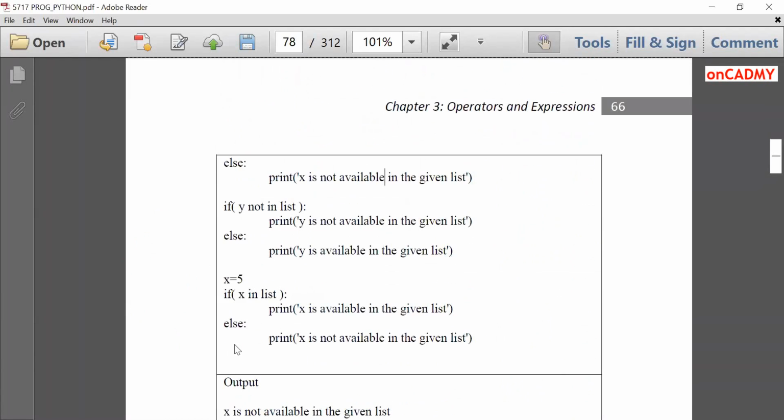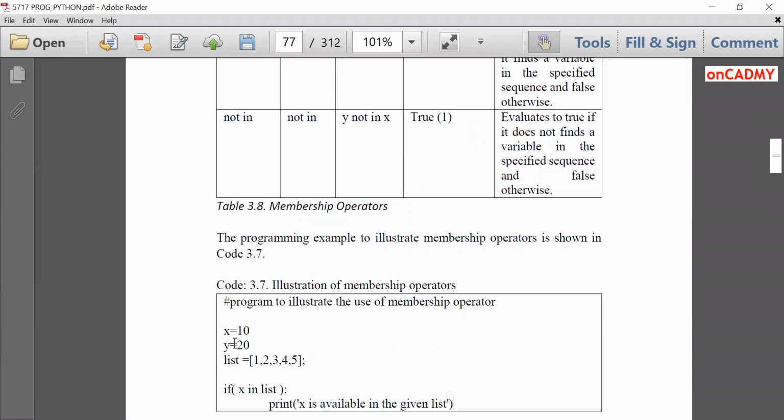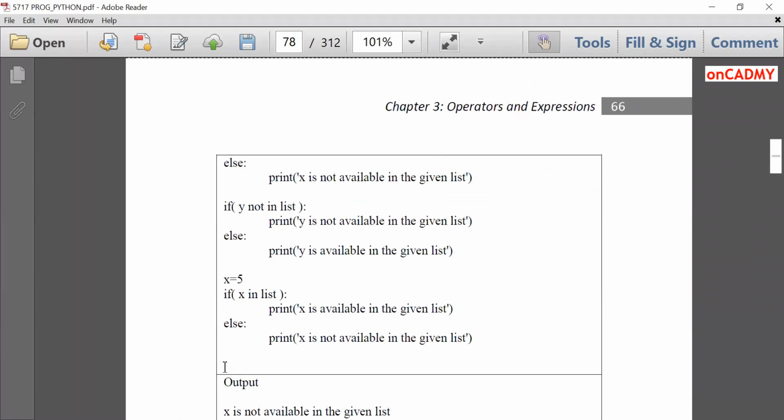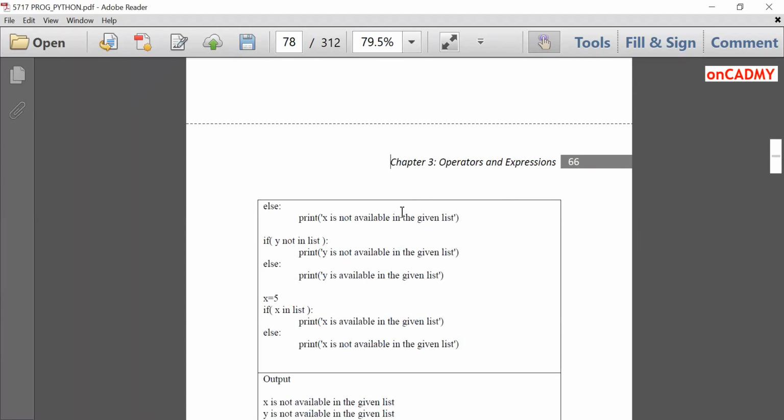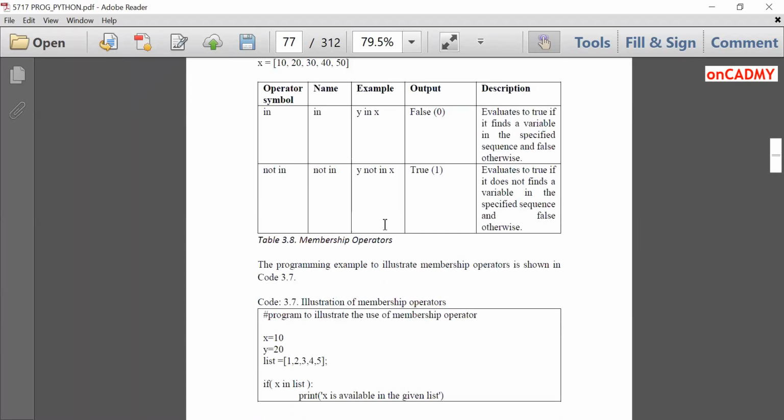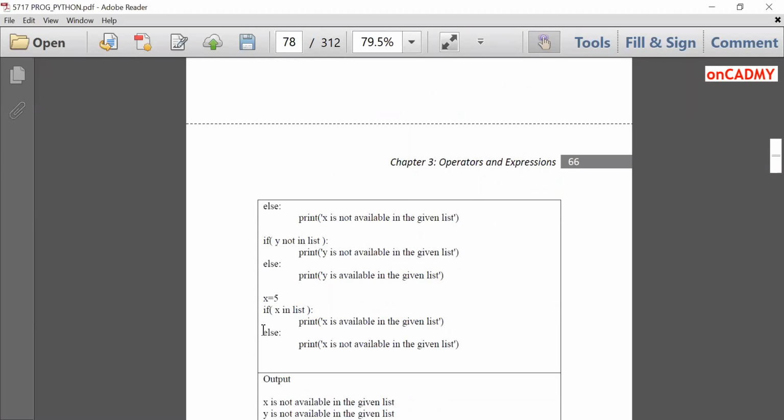So this is a programming illustration of the same. It is simple. We have two variables with values x equal to 10 and y equal to 20, and we are going to search for them in this list. You can see the list is 1, 2, 3, 4, 5. If x in list, print x is available in the given list. x is not here, so this if statement will not work, and the control will go to the else part, where it will print x is not available in the given list.